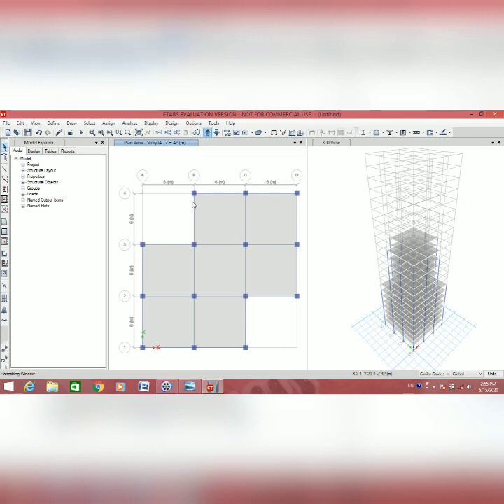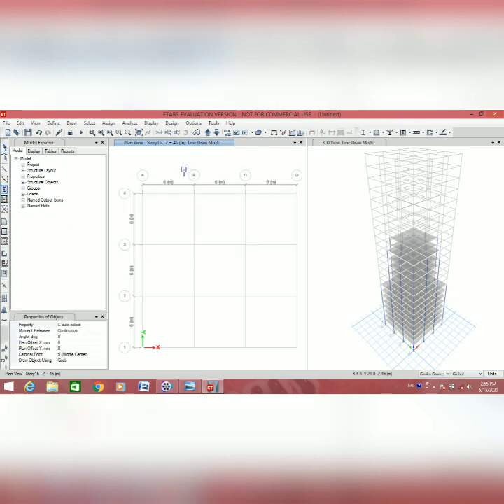On story 15, select the quick draw column shortcut and draw the column. Select beam.